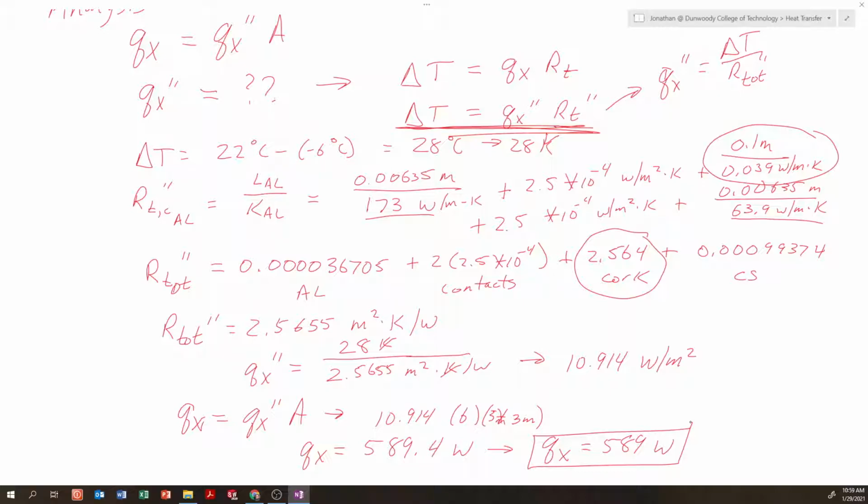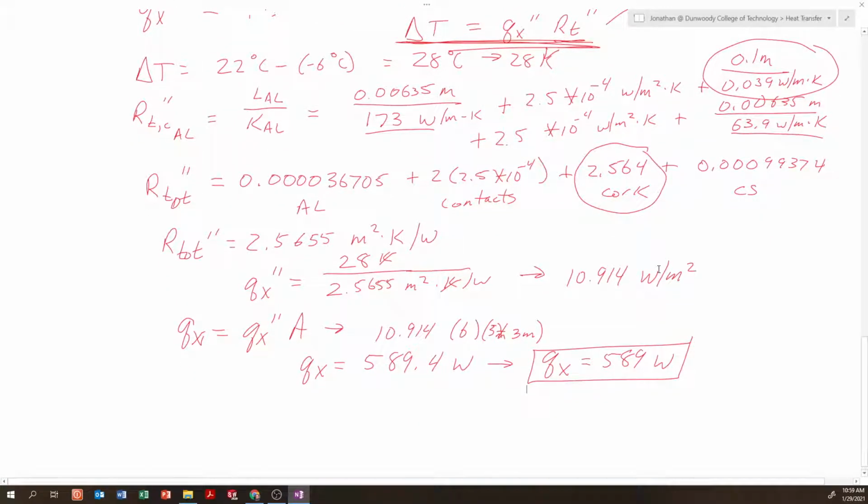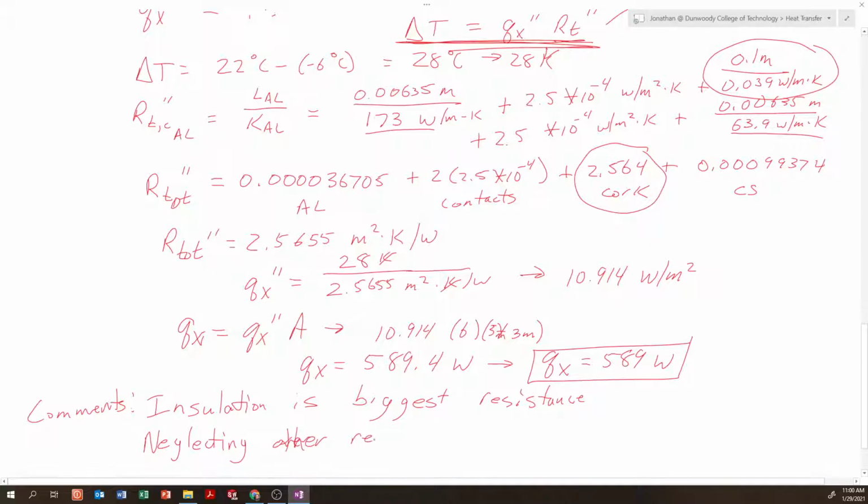Now, it doesn't ask us for this specifically, but if I go back up and look at my construction here, I might be curious to know how much of that thermal resistance is due to the cork versus the other properties. So let's take a look at that for a moment. So comments at the end here. Insulation is biggest resistance. If I neglect the other resistances,